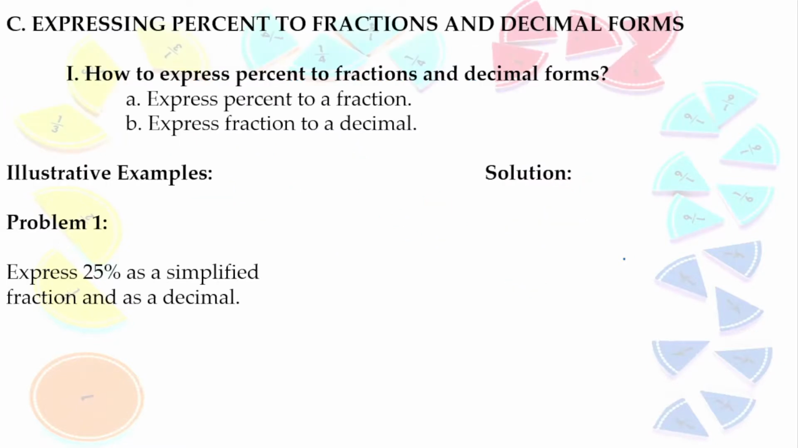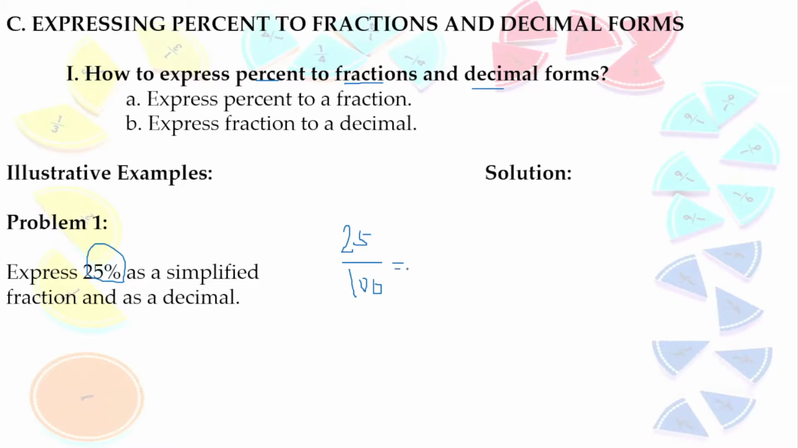So, for the last one, ito na po. Expressing percent naman po into fractions and decimal. So, we have here 25% as the given. So, 25%, ayan, di ko na po isusulat ang percent sign. Gagawin natin siyang fraction. So, over 100 siya. And then,